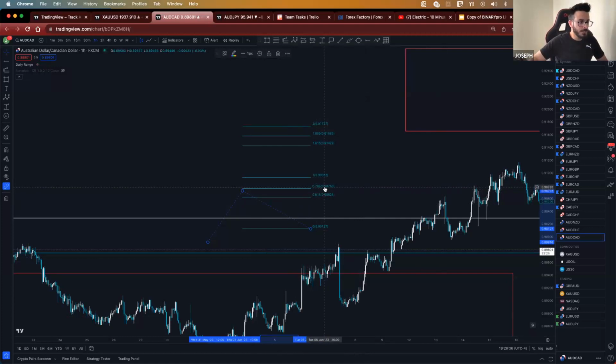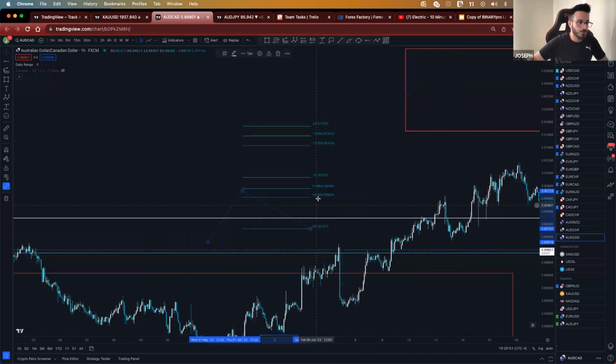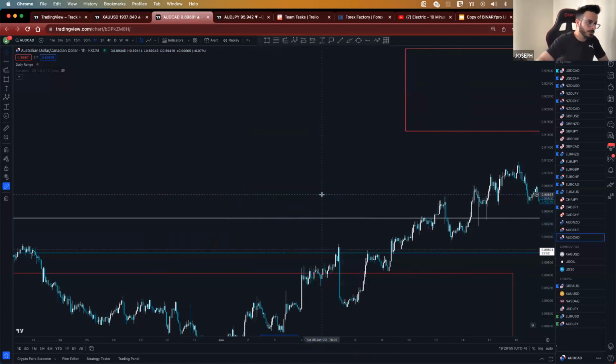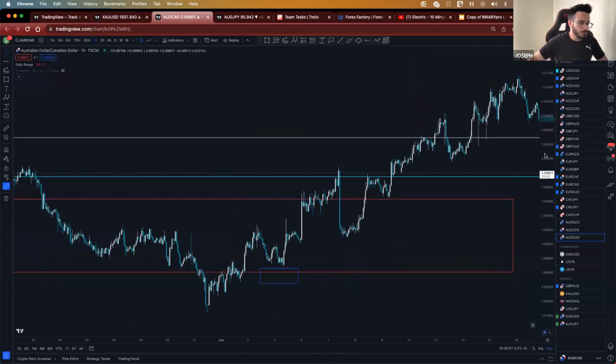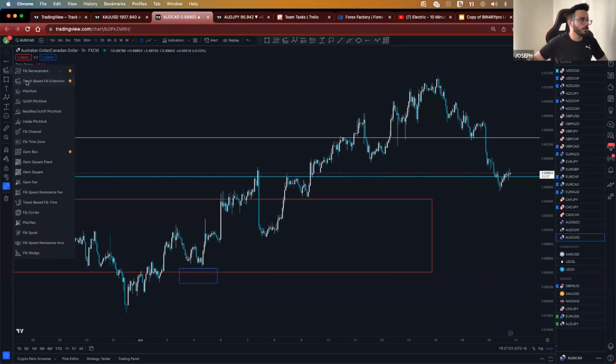Once you put the same settings, it's going to look the same as mine. Now you can choose your colors and so on, depending on your background and the candle colors that you have. I don't mind with that, and nobody will mind for this. But after this, we're going to be using the tool that I told you about, the